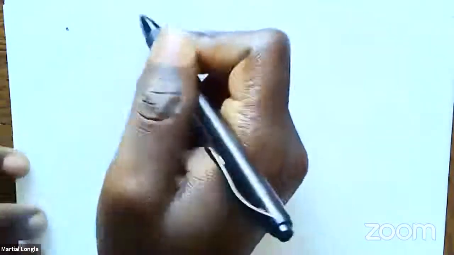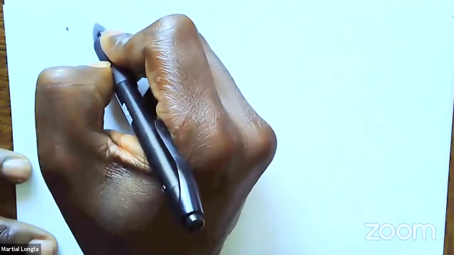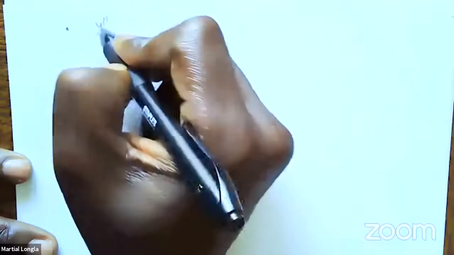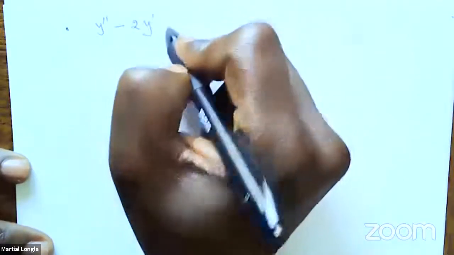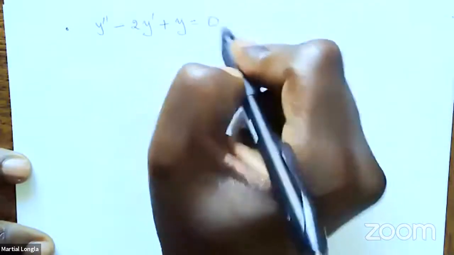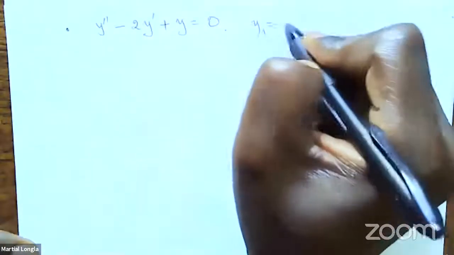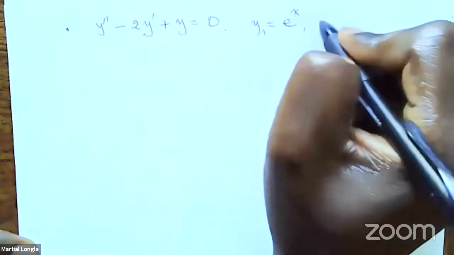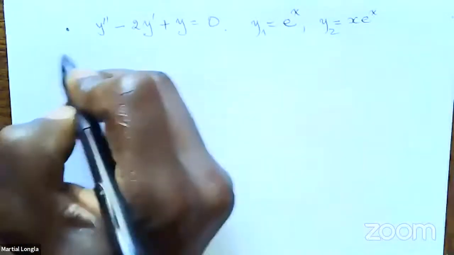So let's say we have the equation this, and I say y1 is e to the x, y2 is x e to the x,